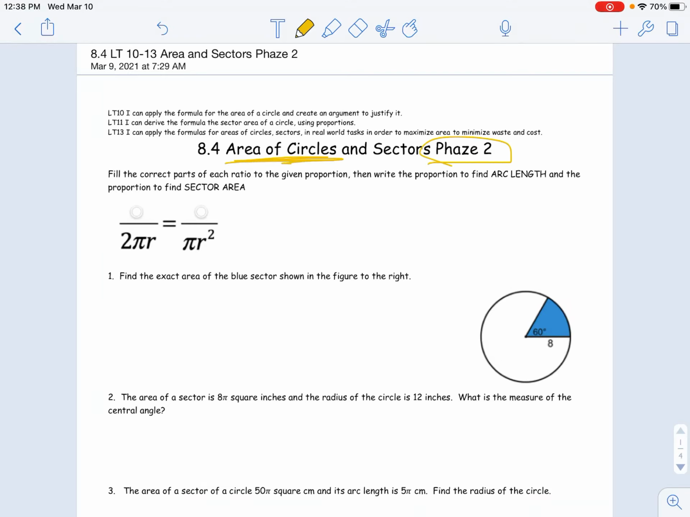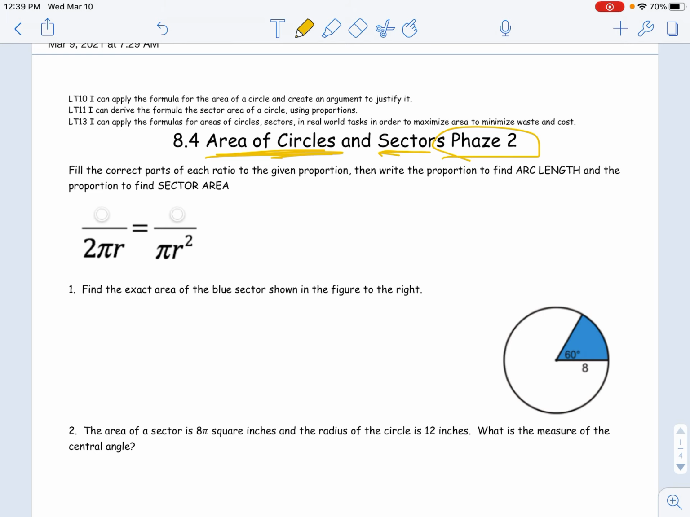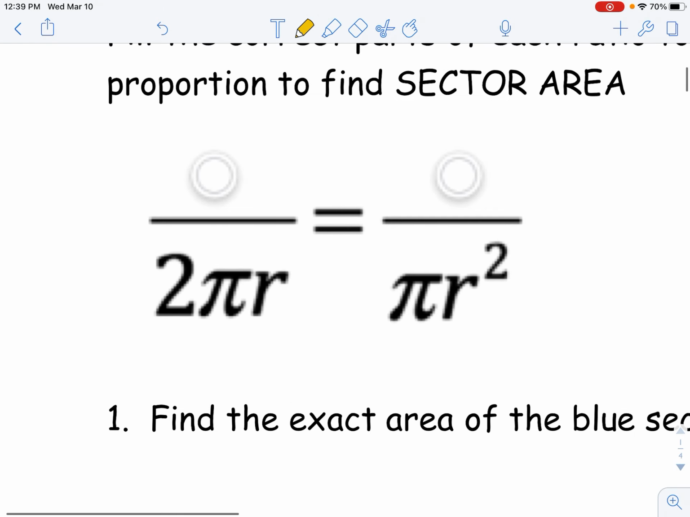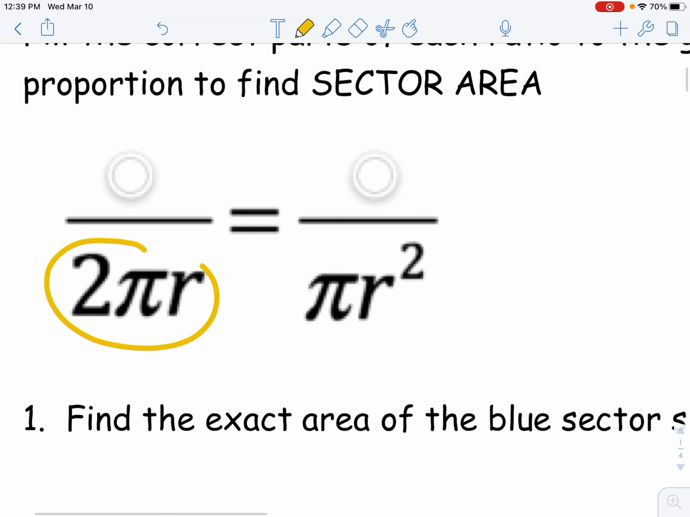Okay, students, same thing as yesterday, except now we're doing phase 2. All right, we're doing the area of circles and sectors. So to get started, we're going to fill the correct parts of each ratio in the given proportion. So let's just focus on this. All right, there's more we're going to do, but realize this